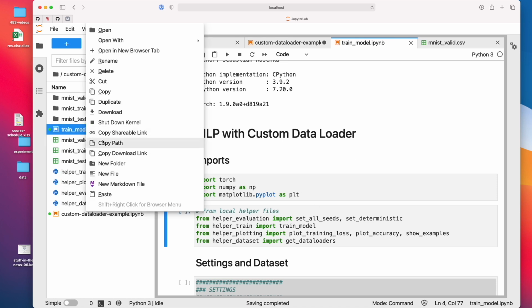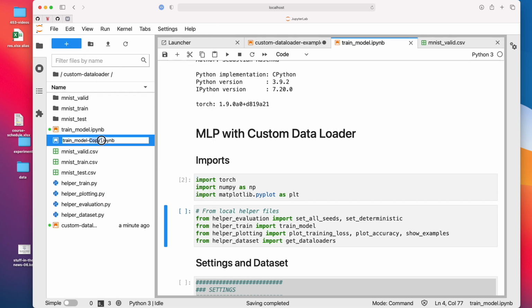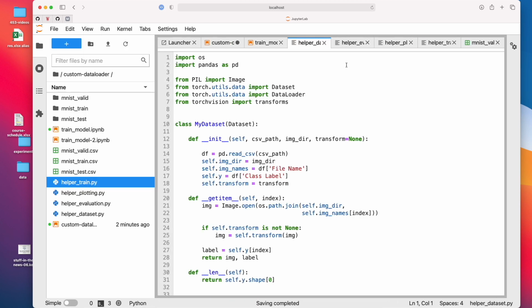So if I make a new notebook, let's say I call it notebook 2, I can make some changes to this notebook, for example, some settings, but I don't have to copy and paste all the code. It's in that way easier to read, especially if you want to modify some function. If there's a bug in the accuracy function, then you don't have to go back to every file here and change the code. You only have to change it in one of the files in the Py files. So I can just maybe open them, show you what I mean.